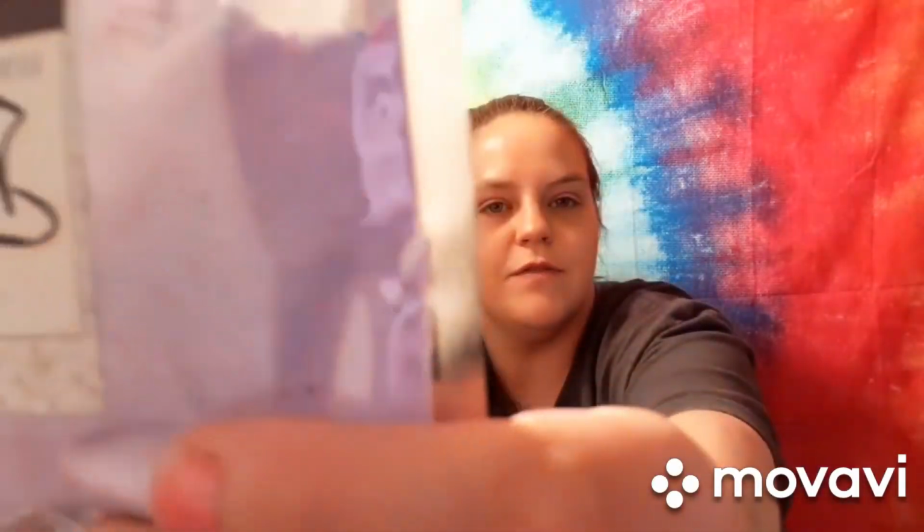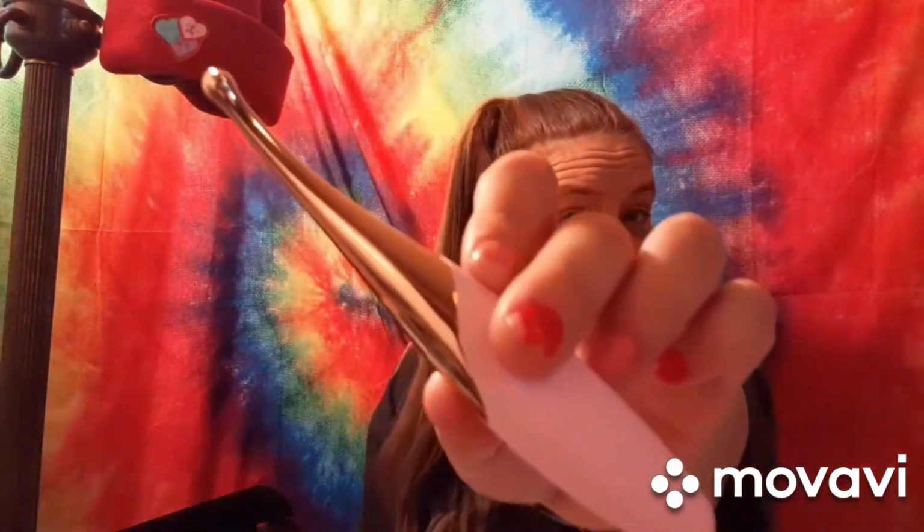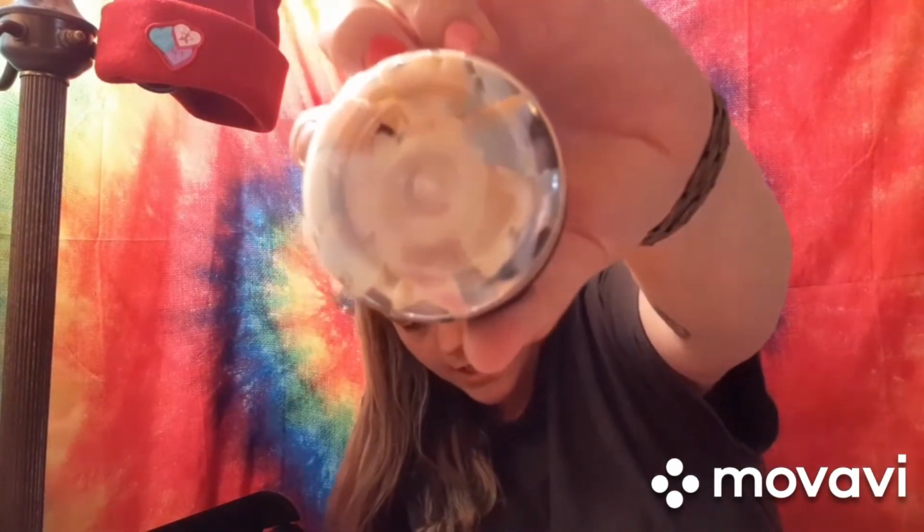All right, let's go over prices really quick. So for the Lust Dust Bath Dust, that's that beautiful stuff right there. That is $10. And then the Self Love Clitoris Vibrator, this beautiful, sleek little one right here, is $30. Wow. And then the Silk Booty Body Butter, where'd you go? There you are. This little beautiful guy right here is $8. The Aromatherapy Charm Bracelet is $30. The Face and Body Steamer is